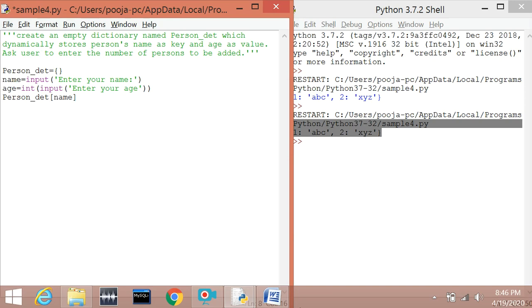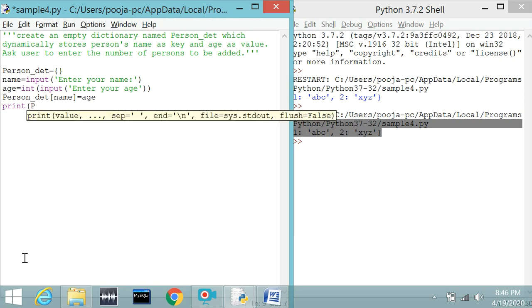Whenever you are using a variable name as a key, you will not have to write it in single quote or double quote. You will simply write the variable name. Then equals to, you will have to mention the value. So our value is stored in which variable? Age variable. So we will write age here. Okay. Press enter.